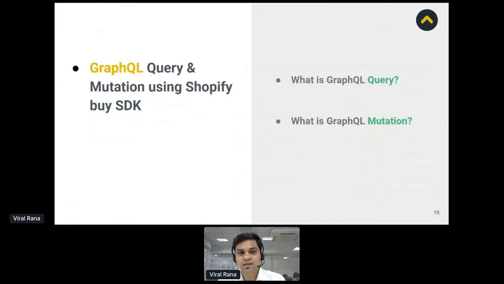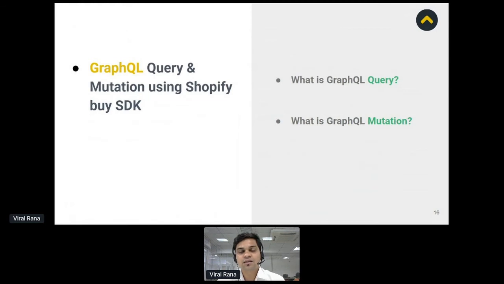Now let's jump to the GraphQL query and mutation using Shopify Buy SDK. So what is a GraphQL query? Basically, a query is a mechanism that is used to retrieve the data from any backend. In GraphQL, a query works similarly, and it is responsible for reading the data for your API client.